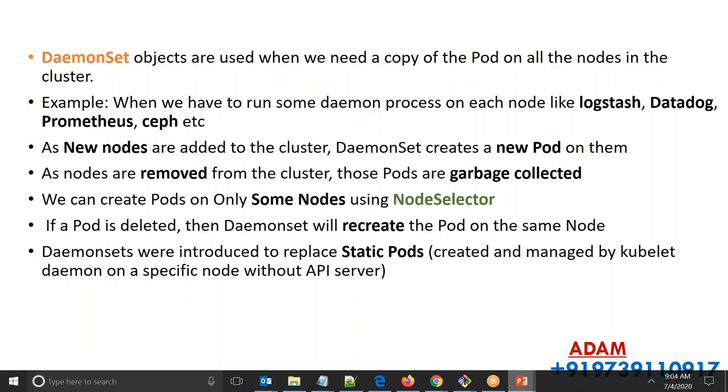Okay, so remember, daemon set means it will create one copy of your replica in every machine, so that you are not going to tell the number of replicas, and the daemon set will be seeing how many machines are available, and in each of the machines it is going to create a replica. Okay,